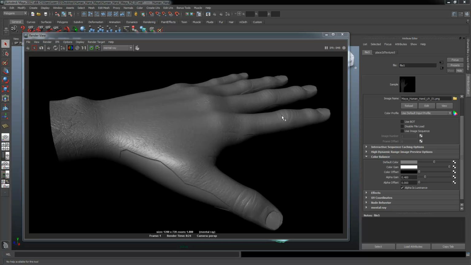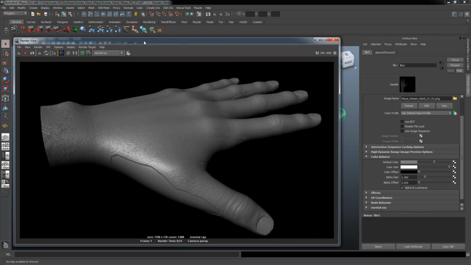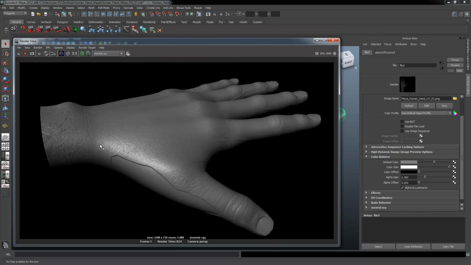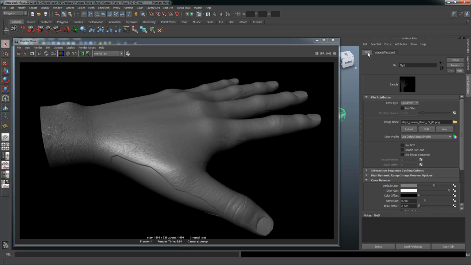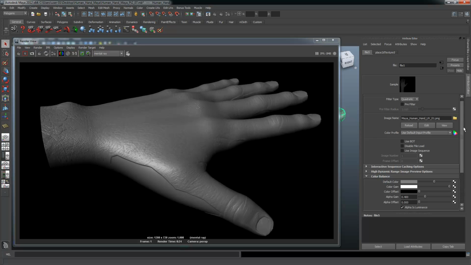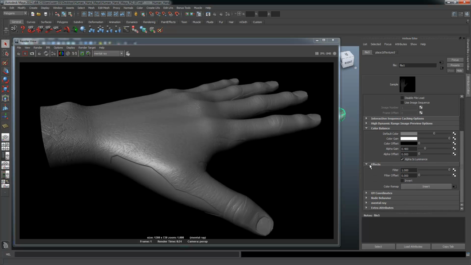Alright? So one thing else I want to show you before we keep going is, notice how my skin detail can be a little soft in places. It doesn't quite pop that much. One of the reasons for that is because file textures in Maya automatically get assigned a smoothing value in the software under the effects pane here. So we're under the file 5 texture, which is my displacement map. And if I expand the effects tab here, right below color balance where we set the alpha gain,